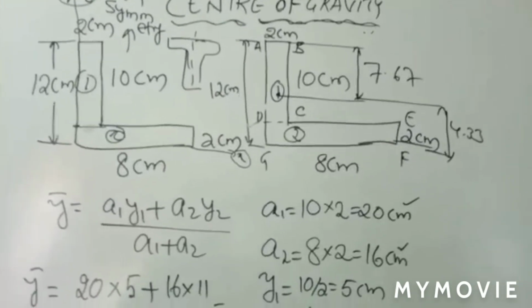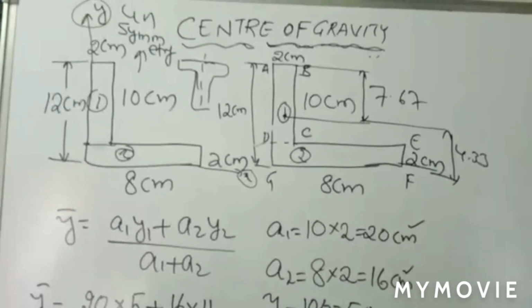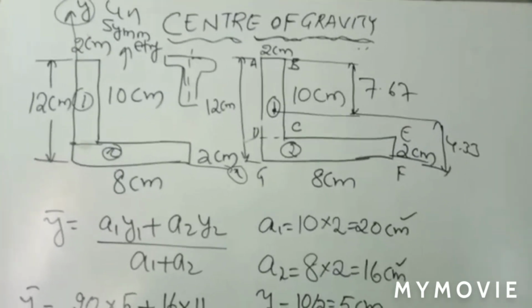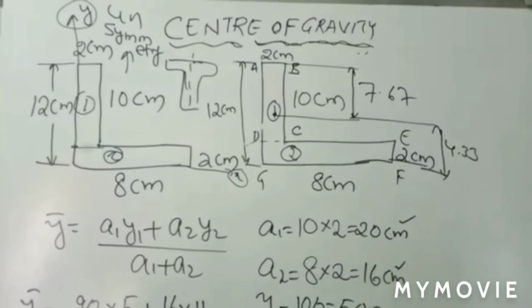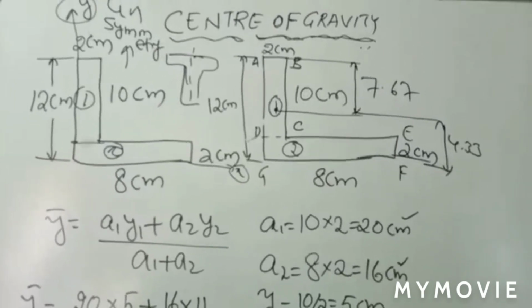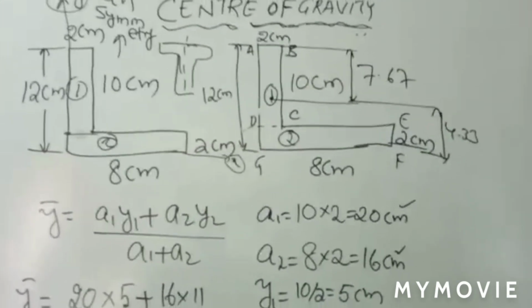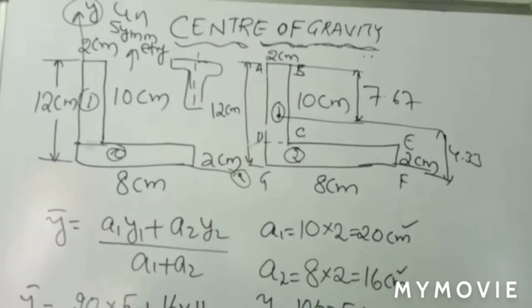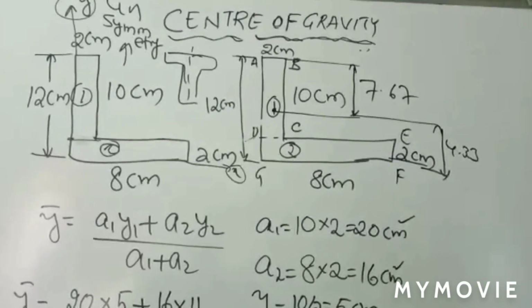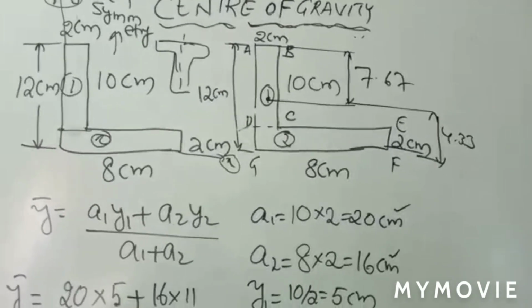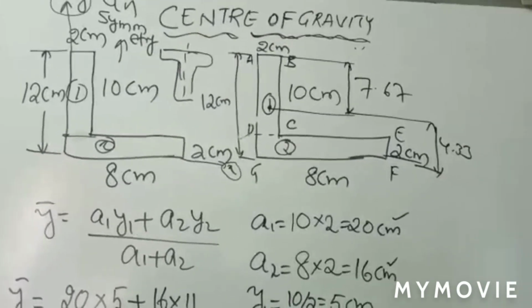So in the next class, I will consider an I section, and based on the I section I will calculate both the values of x and y. Then it is easy to understand. For simple calculations only, I considered the y-axis. But in general, you have to consider the x-axis also, because it is an unsymmetric section. Please understand, it is very, very important. Okay, thank you.